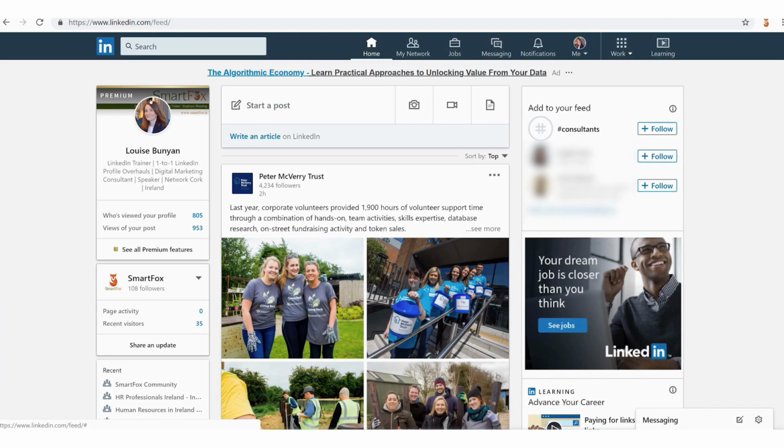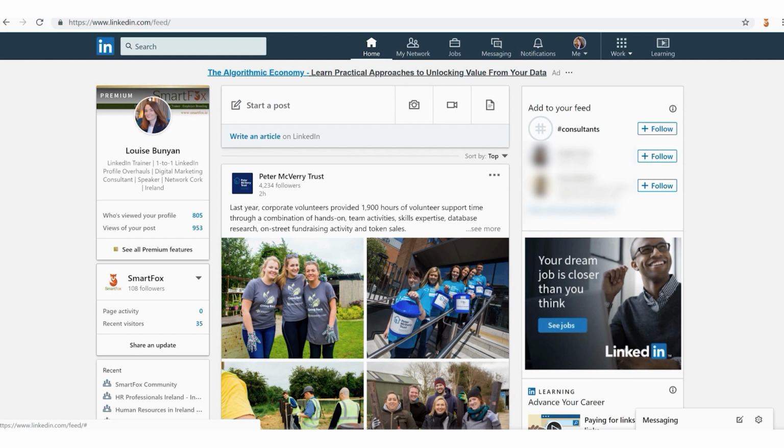Next, we're going to cover how to share a web link. So very often, let's say you're browsing an online newspaper or an online magazine, and you see a really interesting article that is relevant to your industry, and you think that other people in your industry would be quite interested in this. It's a really easy way to share content if you're not very comfortable with sharing photographs or videos. So it's a great way to keep your profile ticking over.